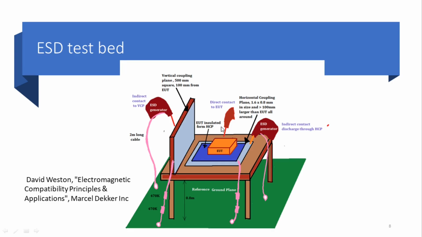The test shall be performed with single discharges. On pre-selected points, at least single discharges. So, multiple discharges are recommended when attempting to find the source of ESD susceptibility or after modifications designed to harden against ESD. The ESD generator is to be held perpendicular to the surface to which the discharge is applied. The discharge return cable is to be kept at a distance of at least 0.2 meters from the EUT.